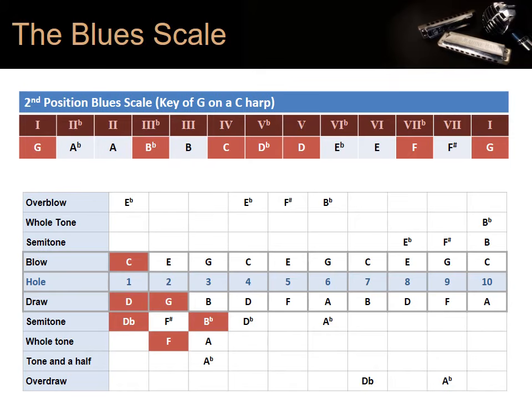And then this scale can be combined with the first scale we did, starting again from 2 draw, to create a full blues scale from hole 1 up to hole 6. So if I start from hole 1,